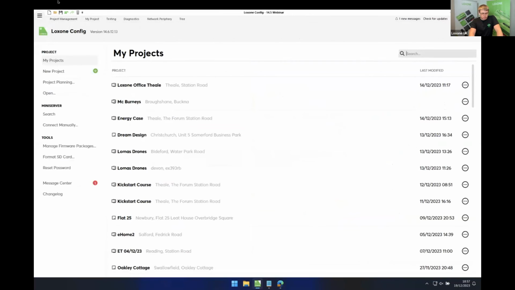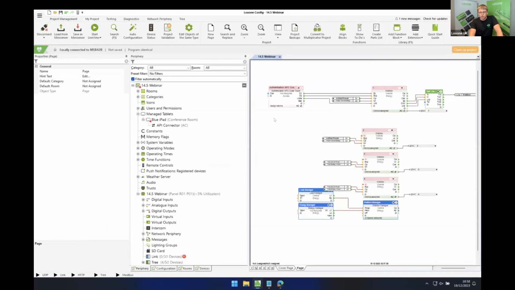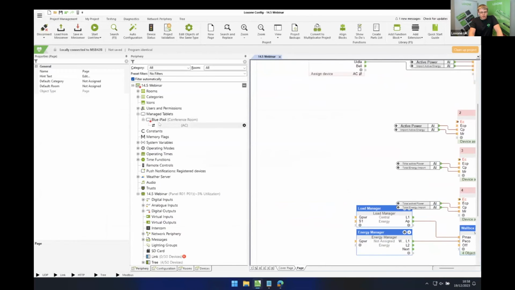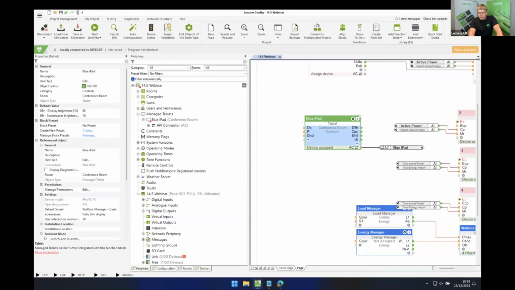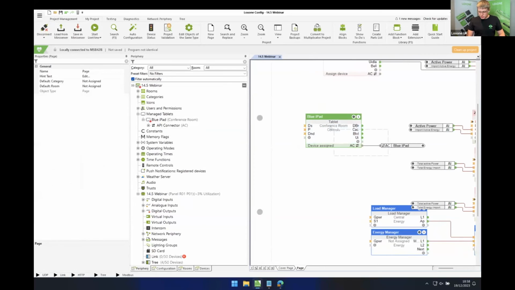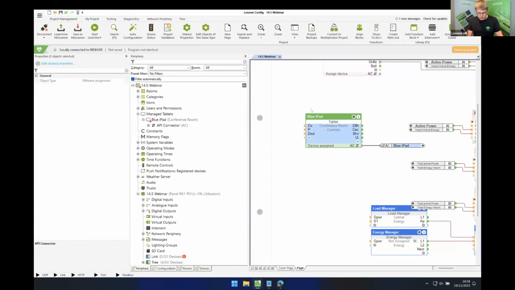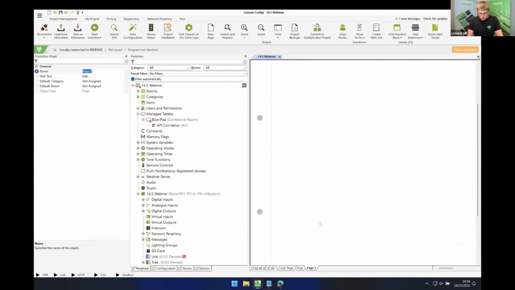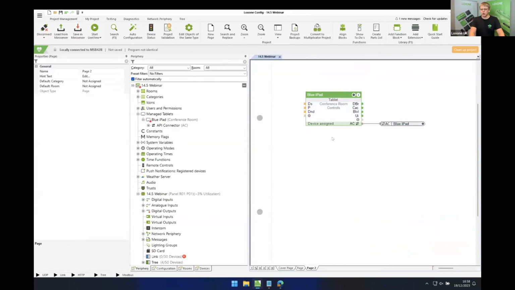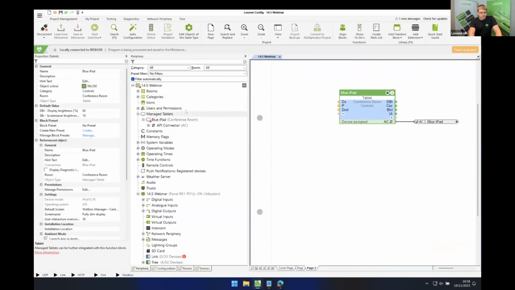Oh, that's user error. So if I then click on the API connector, drag it out, you can now see that it creates a function block called tablet. This is messy. It's doing my OCD. There we go. So, tablet. If we save into the mini server,